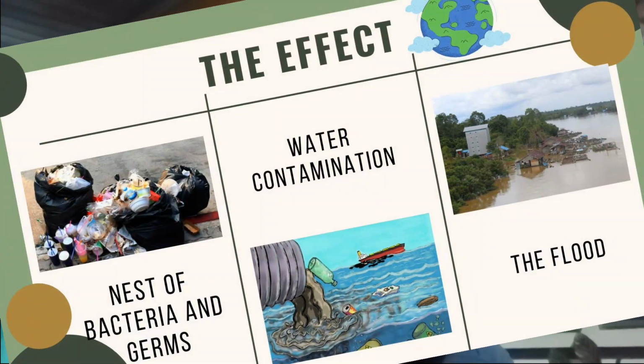For example, we can get diarrhea because our food or drink is contaminated by the surrounding air, or flu and cough because we are close to the trash and are breathing the air around it. And second, contaminated water. Most people will throw their garbage in the river, and it's certainly wrong, resulting in water